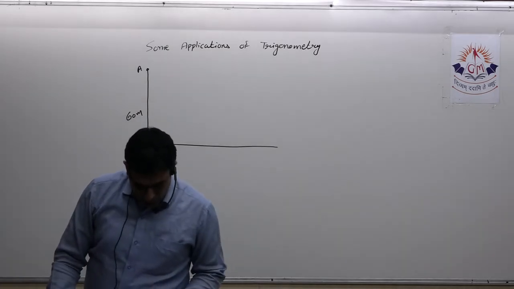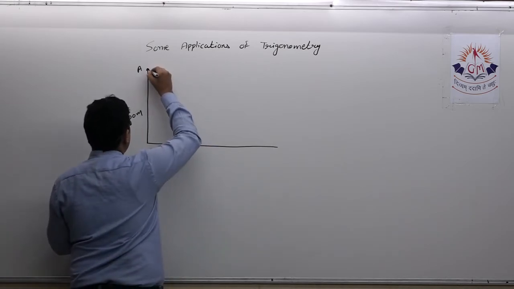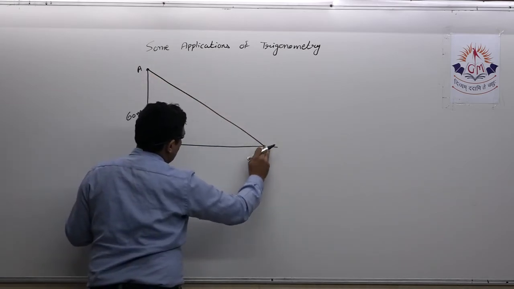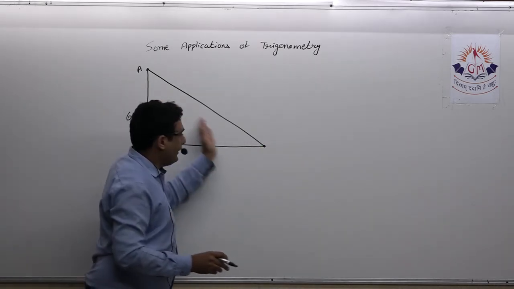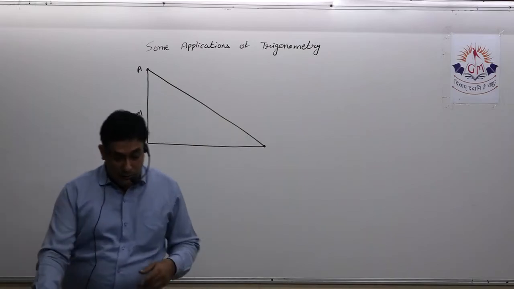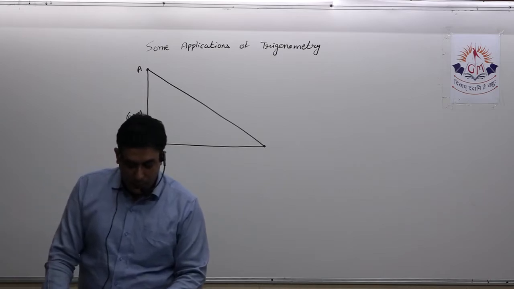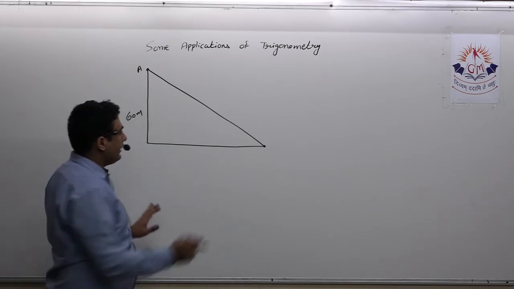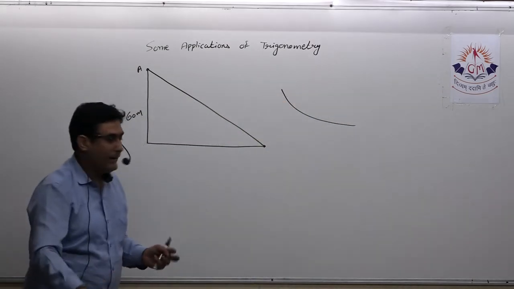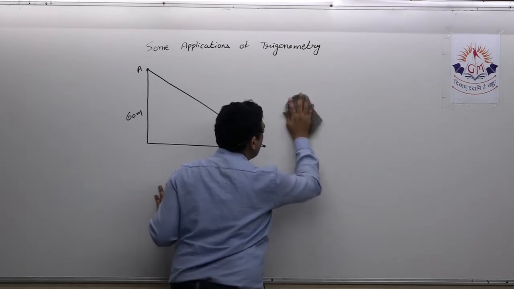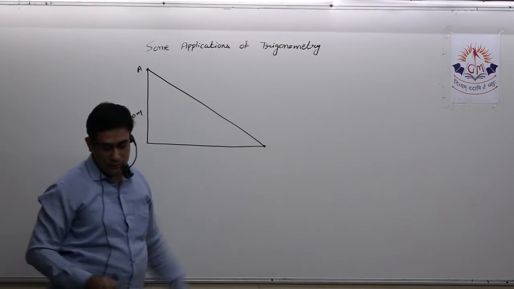The string attached to the kite is temporarily tied to a point. So this is the string which is attached to a point on the ground. Now definitely the string won't be like this, there must be a slack. But it is given in the question, if you read the last line, assuming that there is no slack. That means the string is not like this. You will find the string like that only when you fly the kite, but here they are considering there is no slack. That means the string is straight from the kite toward the point on the ground.